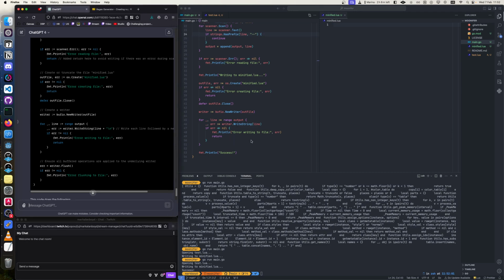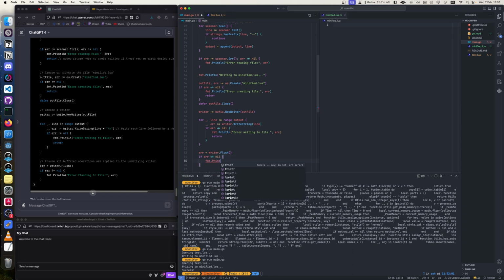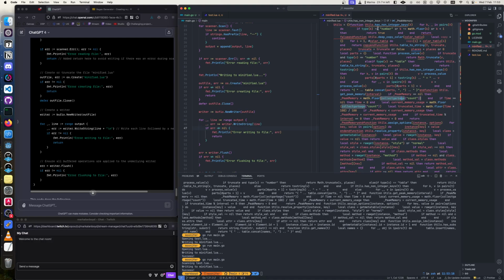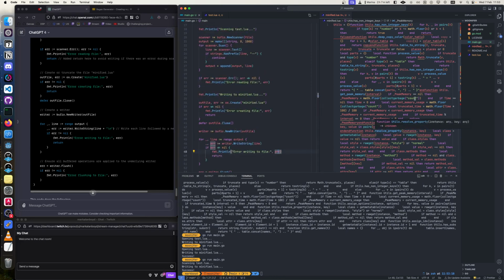Oh, hold on. Buffered operations. I forgot this flush thing. I didn't see that. Okay. Error equals writer.flush. Error does not equal nil. There we go. Okay, remove the new line, but sometimes when you have a new line up against another one like this,